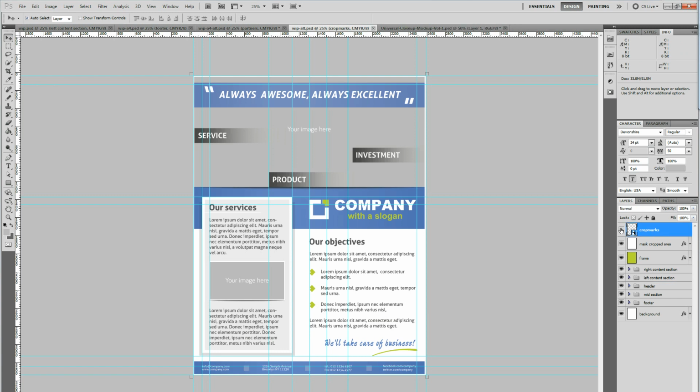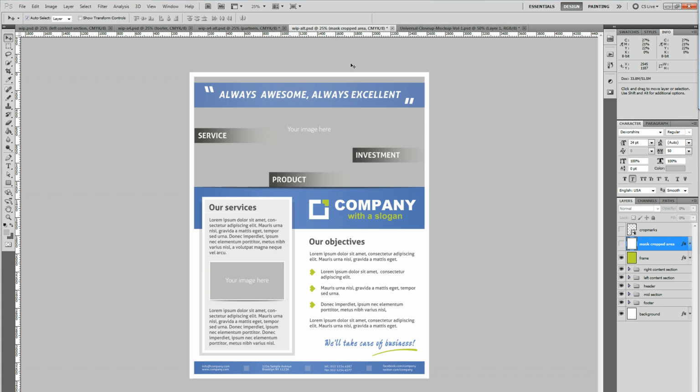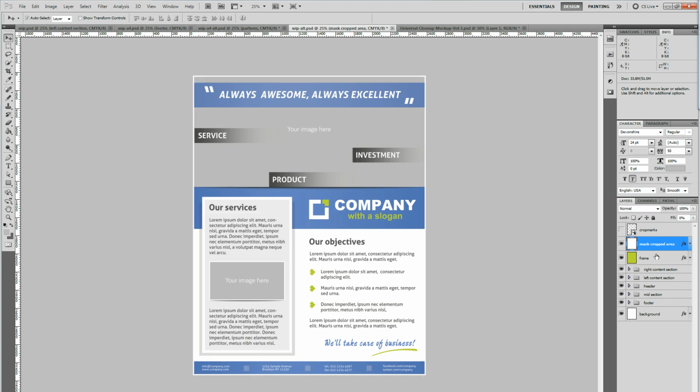At the very top you have the crop marks, and you have a mask cropped area layer, which basically I use because it's just easier to work with. This is just an area only the printers really worry about. If you deactivate them, you see this is the bleed area around the flyer, which gets cropped off when the flyer gets printed. So that's nothing for you to worry about, so I usually just hide that so I get a better view of what the design looks like, and then the crop marks are just for printers for reference. Deactivate these,